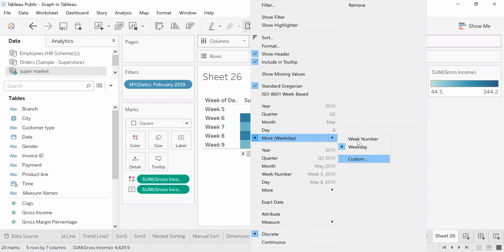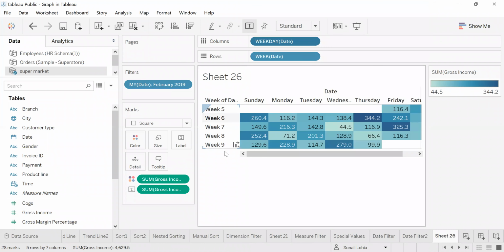If you go to custom, you can select what you want to use. Similarly, from here we can get the weekday and the week number, because a month is split into weeks. I have 4 weeks, or maybe 5 weeks in a month. So I want the week number and to split the data for each day in a week. Got it? So this is a very good visual.